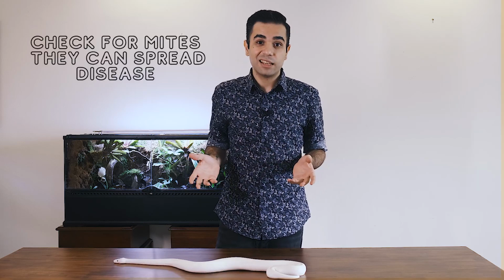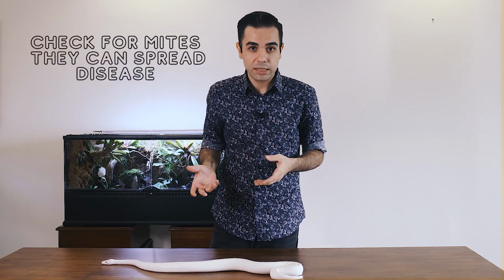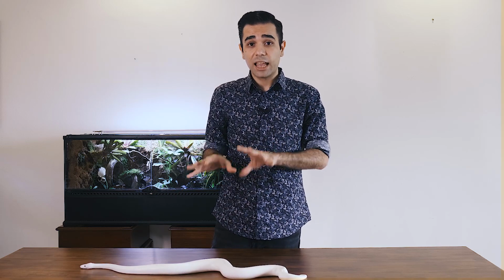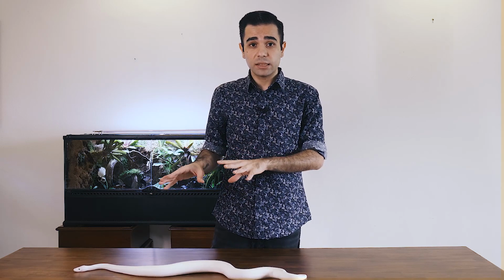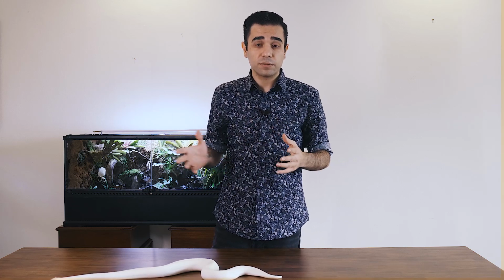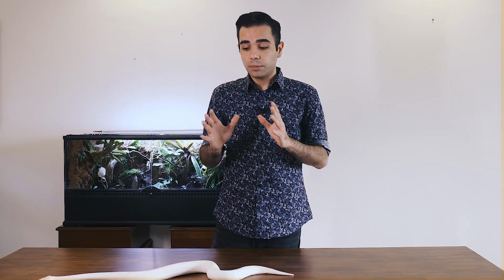Mites are basically kind of like a flea for snakes, but you want to make sure there are no mites on it because they actually can carry sicknesses and things like that, and it could spread to other enclosures if you have more snakes. So make sure that your snake is healthy and comes from a reputable, good breeder, has a license, especially in Malaysia. Make sure it has a wildlife department license. And if all is well,